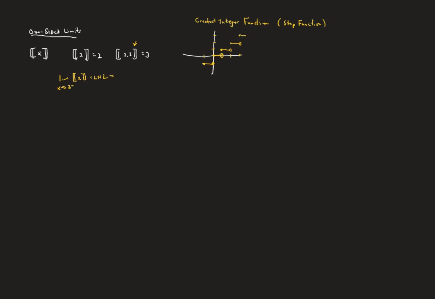So you can see kind of from the graph, as you approach 3 from the left, as you plug in values of x that are less than 3 coming in this way, then the greatest integer function is going to be giving you these values in here, which is going to be 2. So we would say that's limit as you approach 3 from the left, or the left-hand limit, is equal to 2. And in a similar way, the limit as x approaches 3 from the right